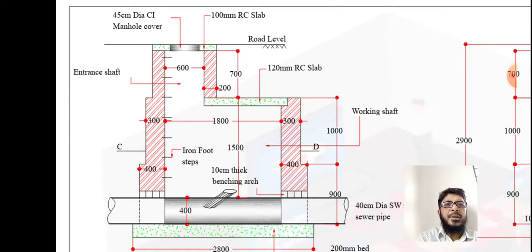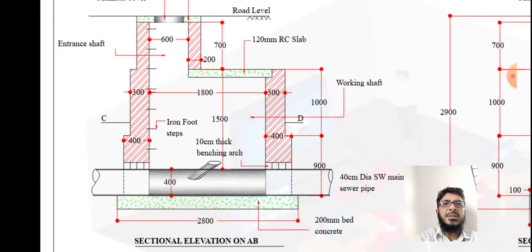Then after the entrance shaft there is a working shaft, which has a width of 1.8 meter, and we can see the walls of this chamber. The top wall thickness is 200 mm, next step 300 mm, and the last step is 400 mm thick. After the entrance shaft again we have provided a 120 mm RC slab